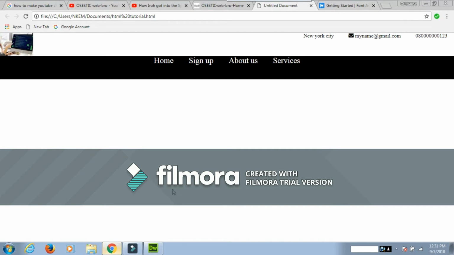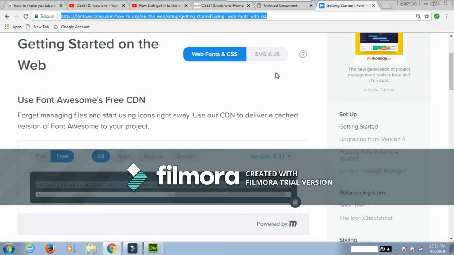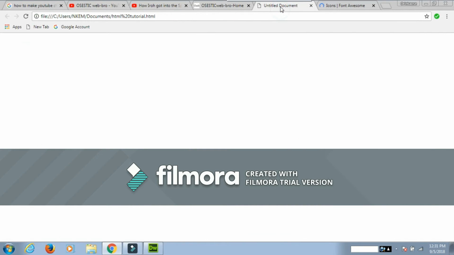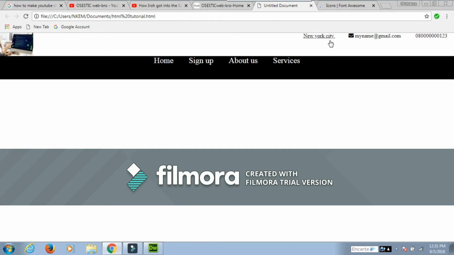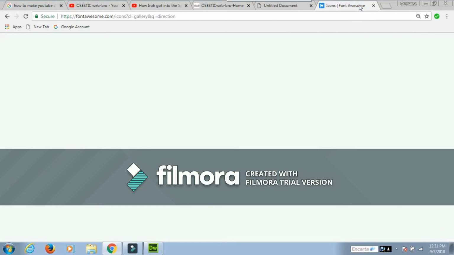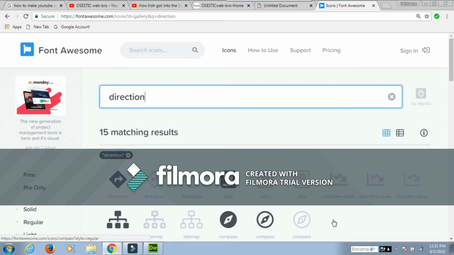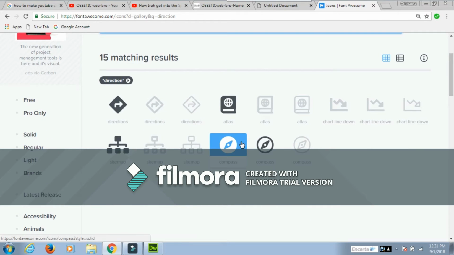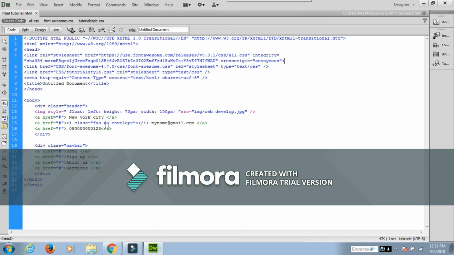So if you're not sure of the code or the exact picture you want, you can just type in anything. For example, direction. I want to put a Font Awesome icon for New York City. You can see the direction compass. So you can just put whatever you want. Since you've seen compass, you can just come here, paste,